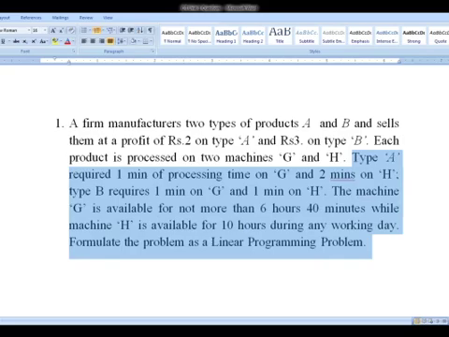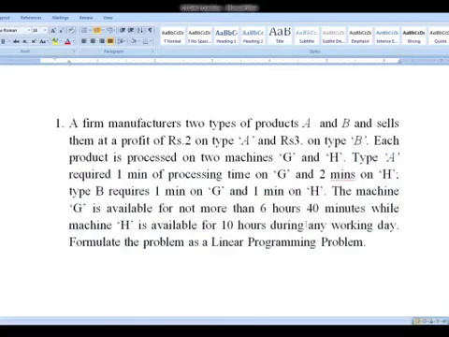So this is the problem, and we are just trying to formulate the problem. We are not going to completely solve it, as this problem is all about formulation. So let us go and